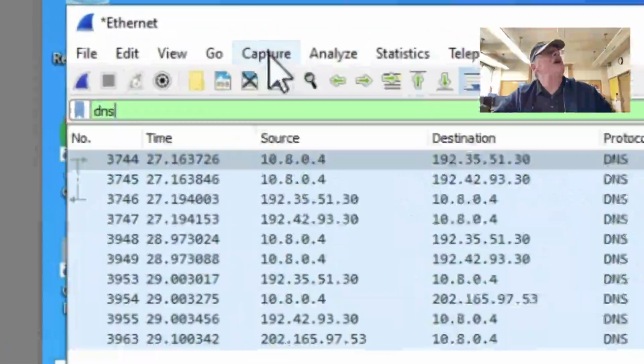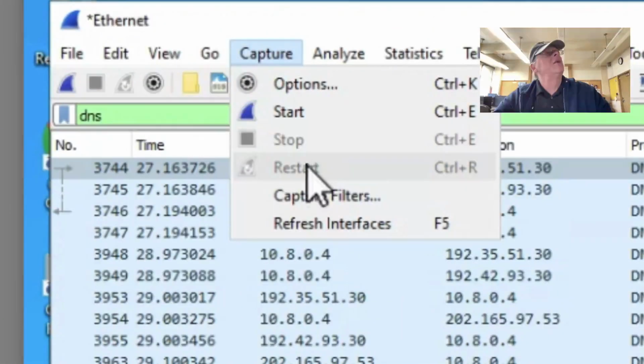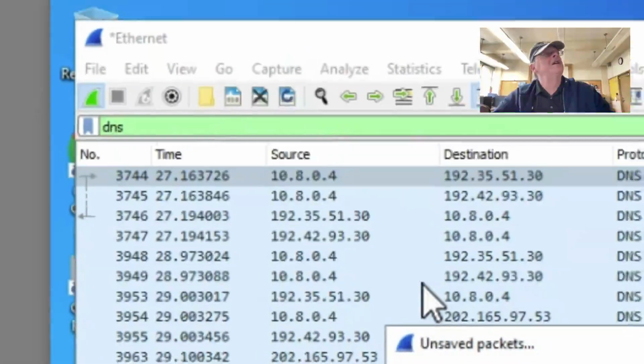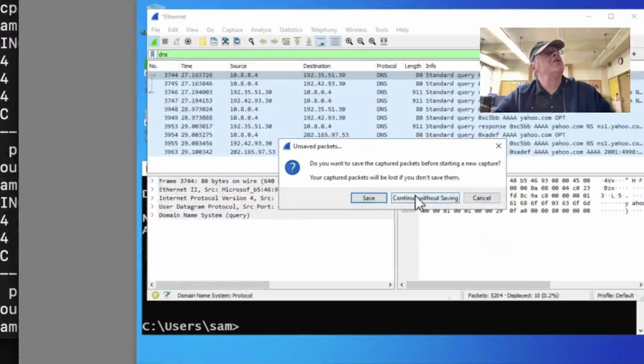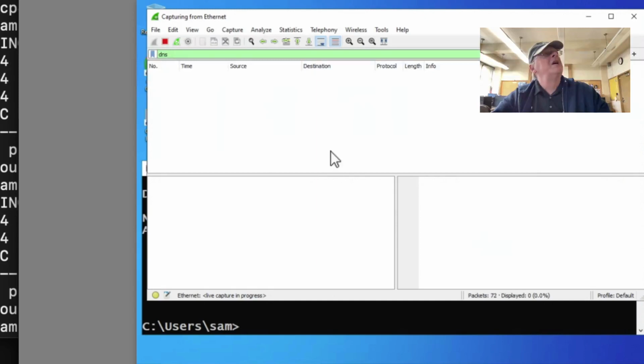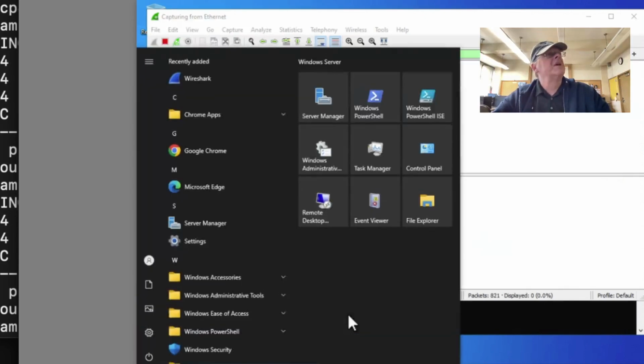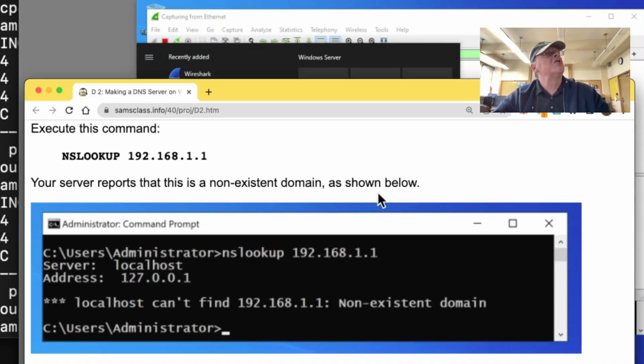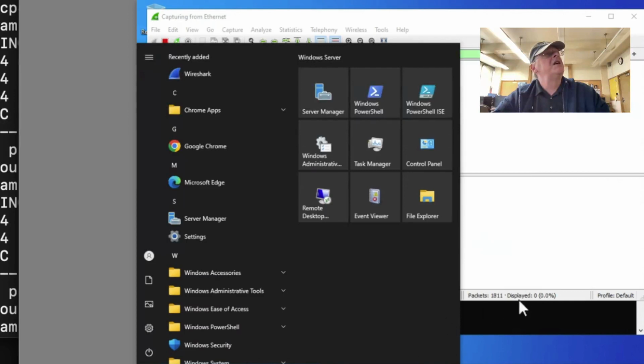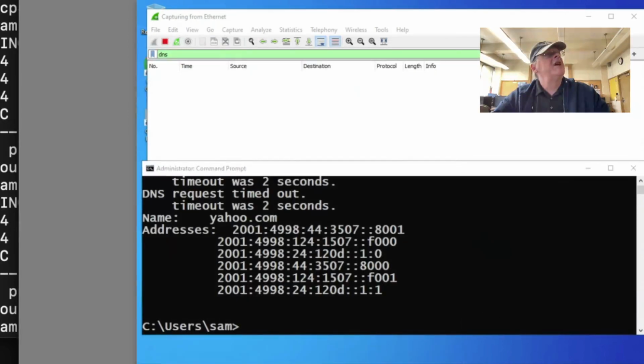I'm going to do a capture restart. Capture start, okay, and then continue without saving. Now I'm going to do a reverse lookup, which is just a DNS lookup on an IP address. So I have to get back to my server, back to the command line. Okay, so it's nslookup. Now a stupid address, 192.168.1.1, which is a private address,